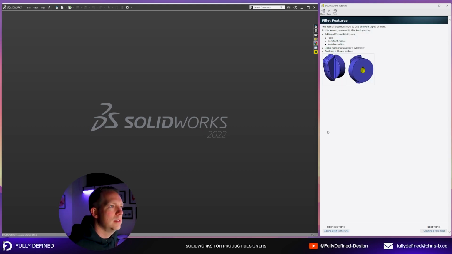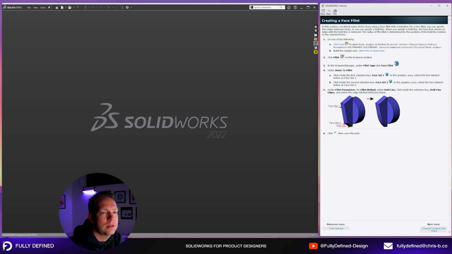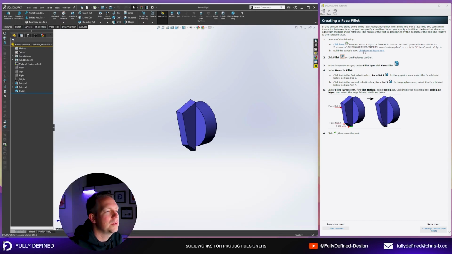Let's go. This lesson describes how to use different types of fillets. In this lesson, you modify this knob part by adding different fillet types, which is the face fillet, constant radius fillet, and variable radius fillet, using mirroring to assure symmetry, and applying a library feature. Now, this tutorial uses a file that's already saved on your computer. Click here to open, or you can build a sample part. There are some instructions here, but given this tutorial is on fillets, let's skip that and just go straight into